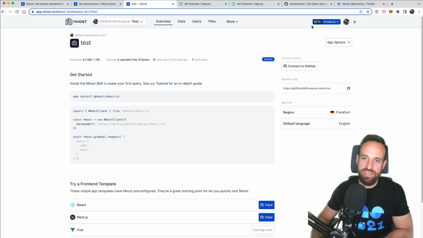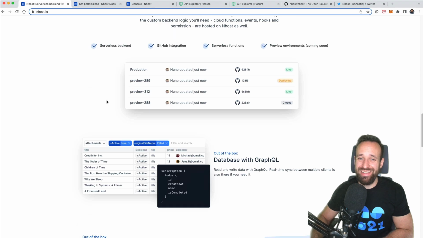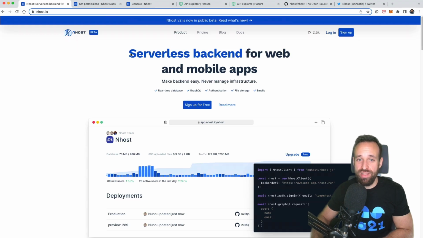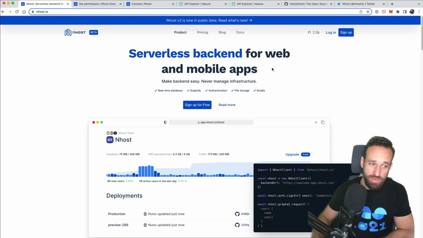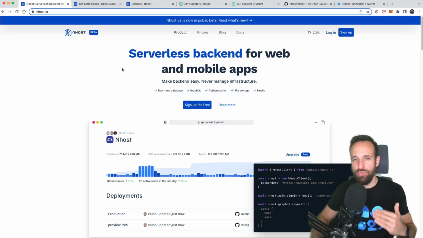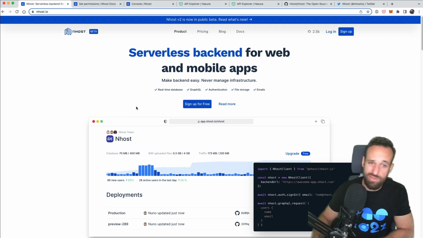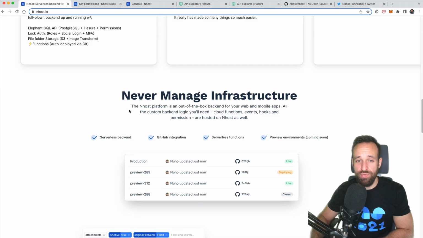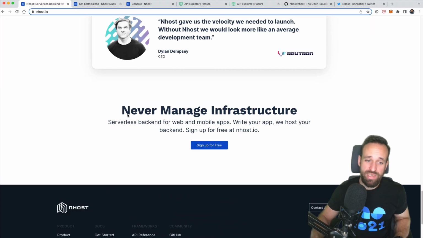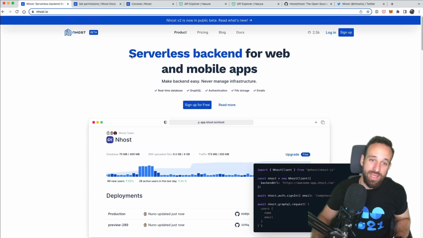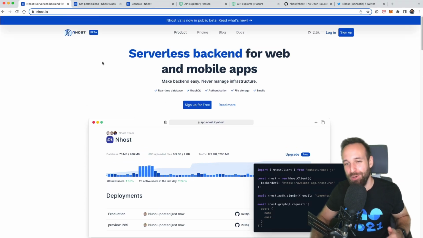Yes, this is still in beta, and it's a lot smaller compared in funding to Appwrite and Supabase. But I think what we see here is a great beginning for another product. Also, of course, based on open source technologies, but this one with a clear focus on GraphQL and also the serverless part, that you don't need to host this. Once again, this in the end comes down to your preference. So if you prefer to self-host something, this might not be for you, but if Nhost becomes more popular, we